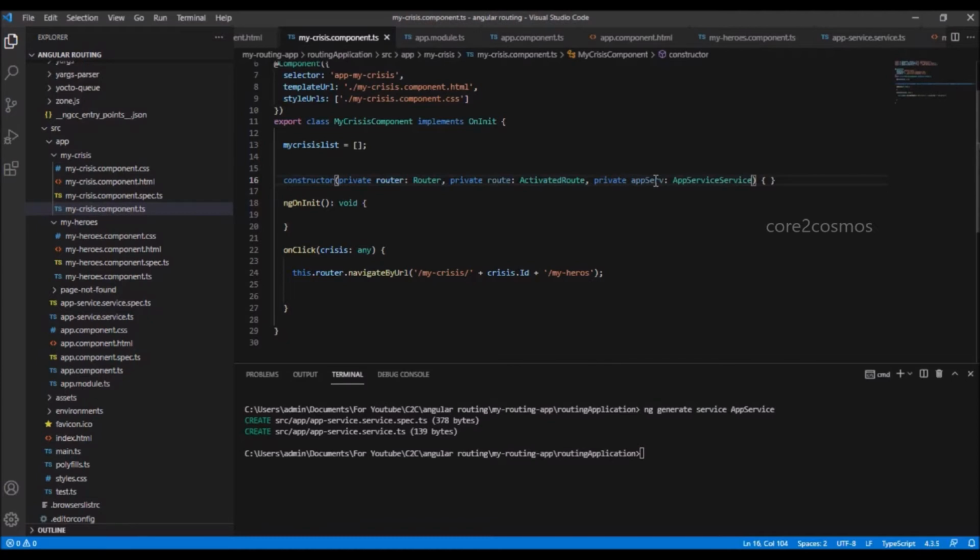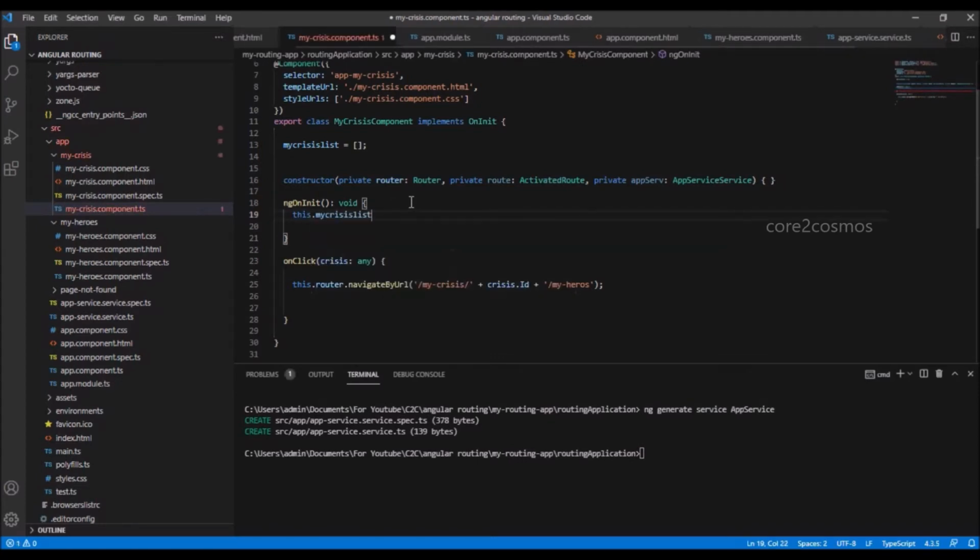Now our app service can be used in this component file. On the ngOnInit method at line number 19, I will be able to access the properties present in the app service object.